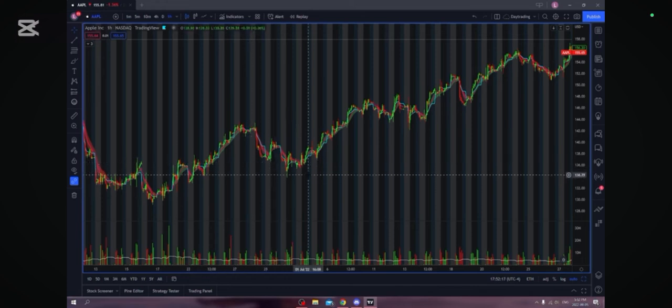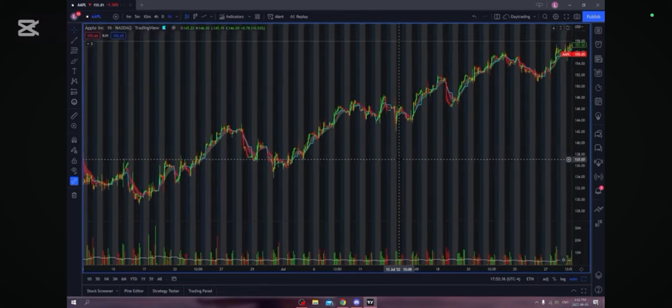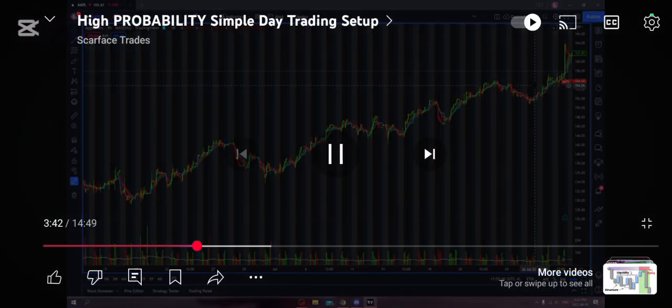And you want to understand something as well: when you're looking for these patterns, you need momentum already in the ticker, right? So for Apple, for example, we have momentum in the ticker. So I can look for something that gives me a little bit more confidence and a little bit more edge when I'm entering into my trades, right? So I'm looking for flags, or I look for flat top breaks. Okay. So here,